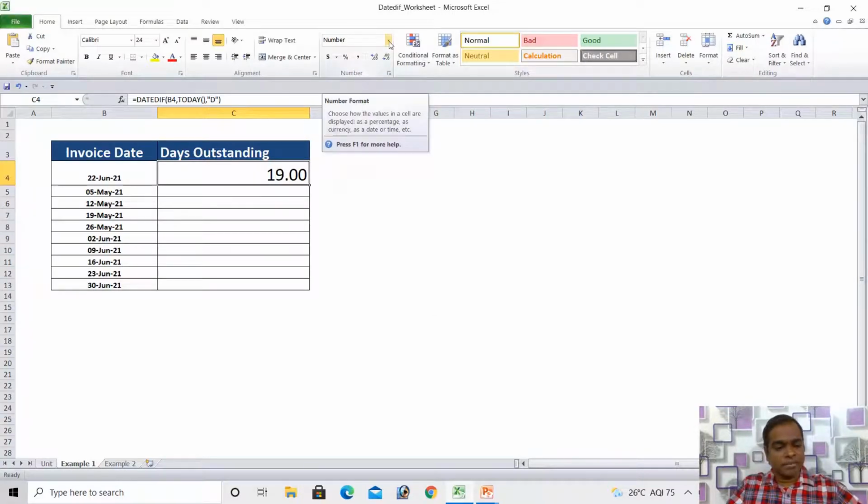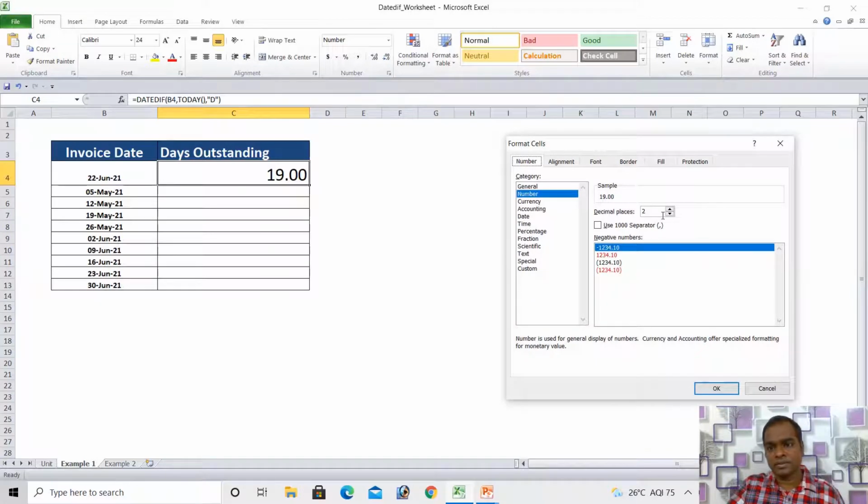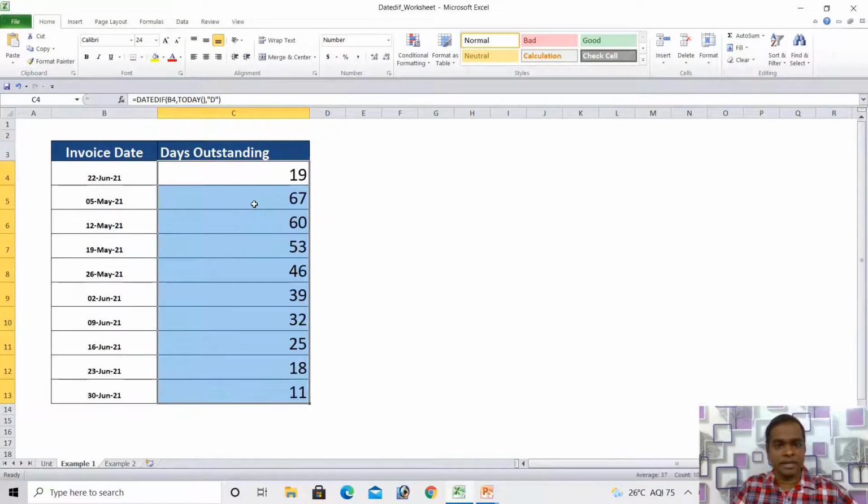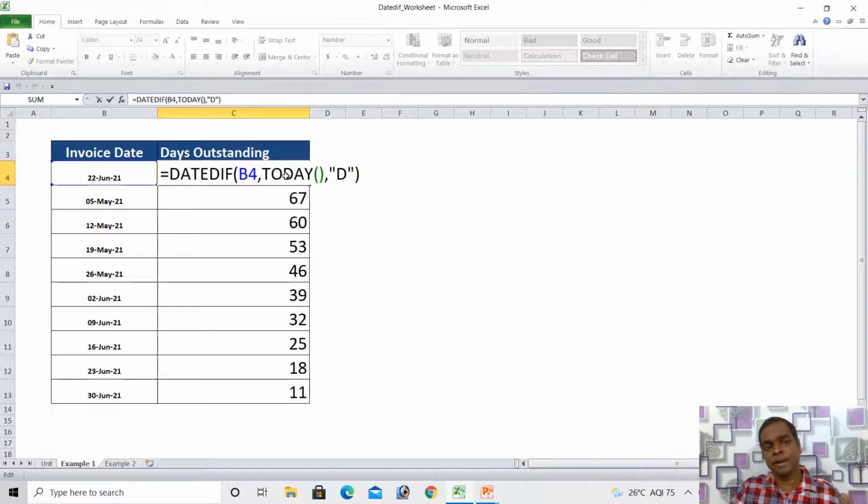So this is the number of days outstanding. We'll drag this formula down, so you can easily understand how many days since the invoice date. This is the way it can be helpful to calculate the number of days from the invoice date.